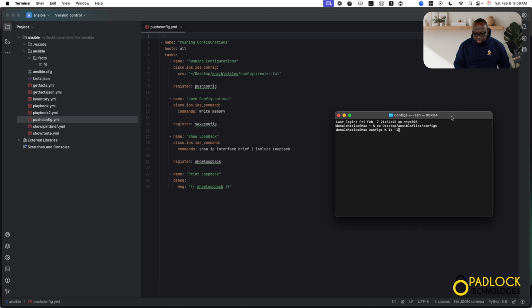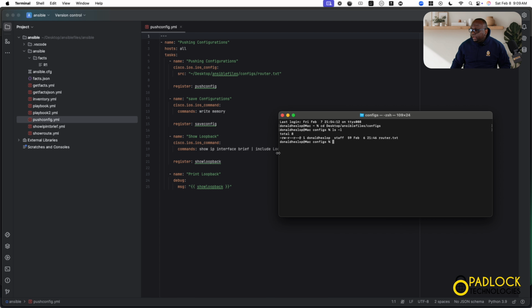And this is where we're going to list it out. All right, so you see that router.txt file? That's basically what's going to have those configs. So you're probably saying, well, what's in router.txt? What we're going to do is cat that file. Now, cat just means to show the file, or it also means concatenate, but you can actually use this to